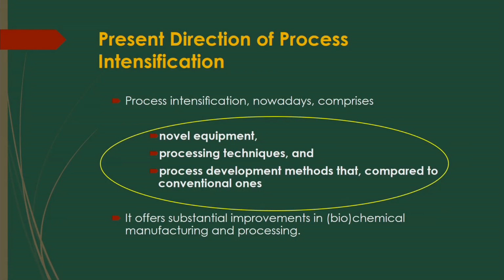And then onward, the direction of process intensification came in terms of improvement: developing novel equipment, developing processing techniques, and improving process development methods, compared to the conventional ones, so that a factor of intensification can be obtained. And it should offer substantial improvements in manufacturing and processing. So from then onward, the direction of process intensification is coming in terms of equipment, techniques, even methods